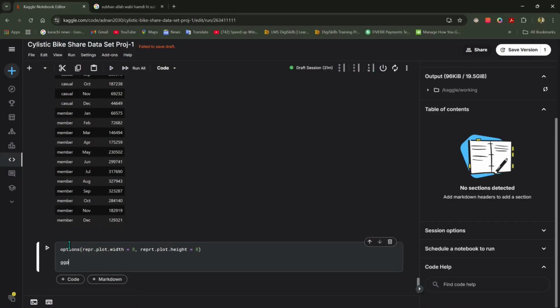And now we are going to use ggplot user count comma aes x equals to, y equals to percent underscore total comma fill equals to user double bracket plus, then we are going to use geom underscore bar color equals to gray 20 and size equals to 0.7 plus